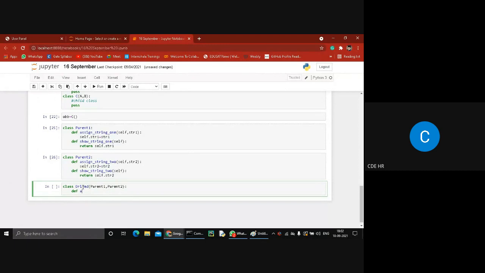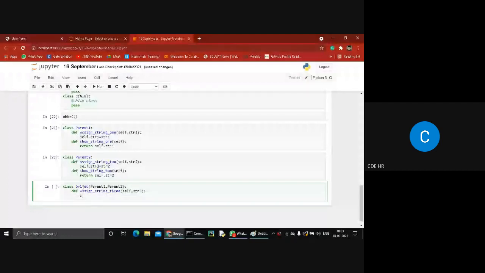Again, it contains its own properties. So I am creating another function, assign string 3, with self.str3, again assigning to another variable, self.str3 equal to str3.